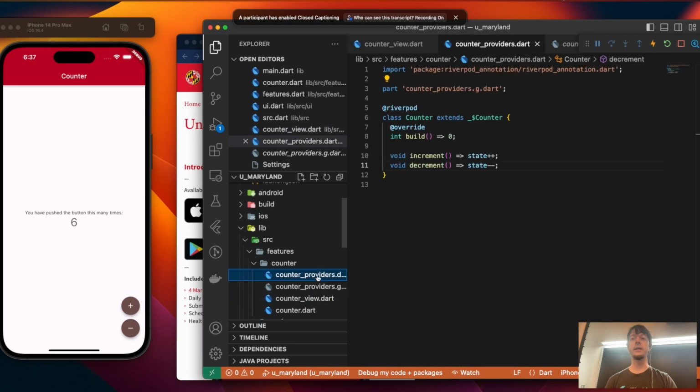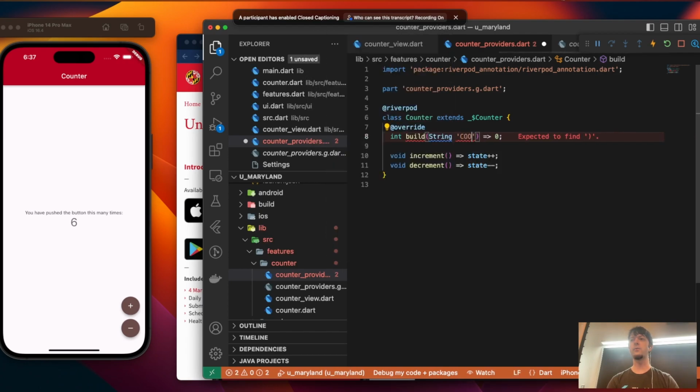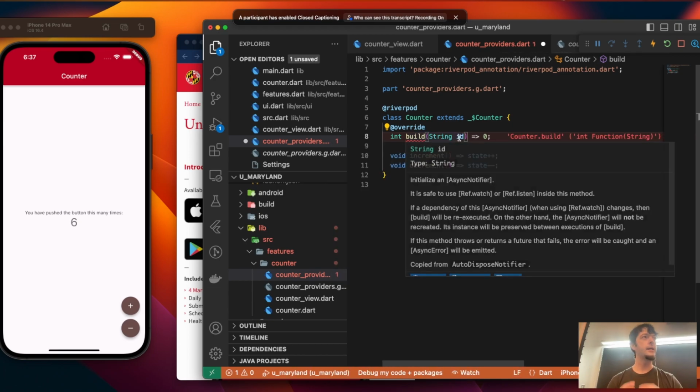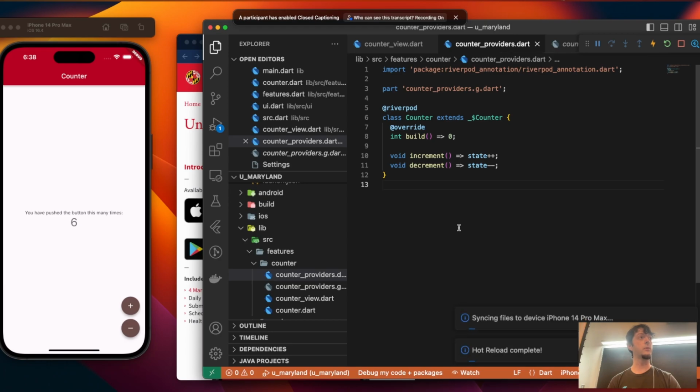There is a way that you can have different instances of counter, which is the next logical thought. If I pass a variable within the build method, so if I say this one takes a string of cool, and the other one takes a different string or something along those lines, I'll say ID. You have to pass an ID into it, and then you can have different instances of this. So that's a nice way that you can actually work with different iterations of the same state management tool without